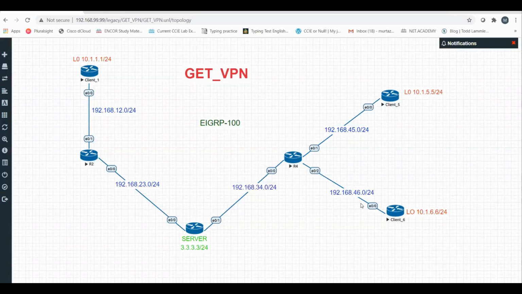So it is very scalable. I cannot say very scalable, but it is more scalable than mGRE and DMVPN because you are not worried about the routing. You're just worried about the data traffic. So that's how you configure the GET